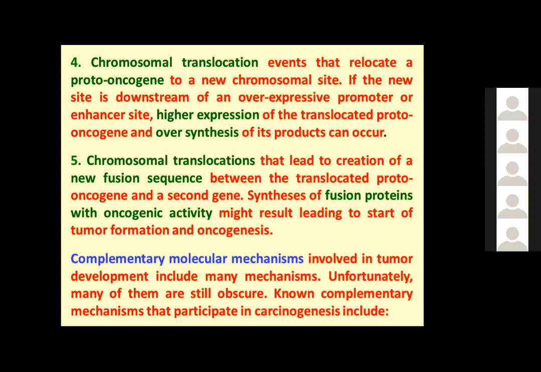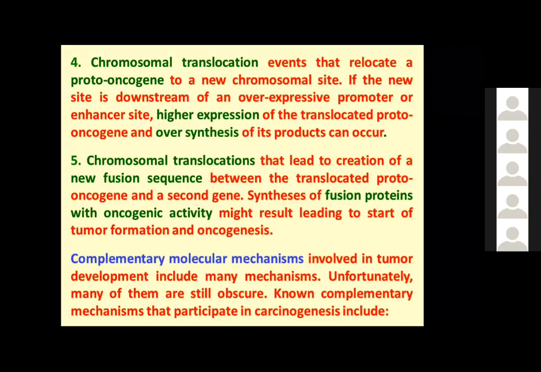In cancer, we get normal proteins in higher levels, but sometimes we get new proteins, oncoproteins, which are not part of the normal human proteome. The normal human proteome, like the normal human genome, has been defined. We know all the normal proteins in our cells as we know all the normal genes in our cells. But in cancer cells, sometimes we get confronted with strange proteins which have not been detected before in our proteome, and this probably expresses the new fusion sequence and new fusion protein with oncogenic activity that might develop in cancer. That explains the unexpected proteins in the blood of cancer patients or in their cells due to this specific